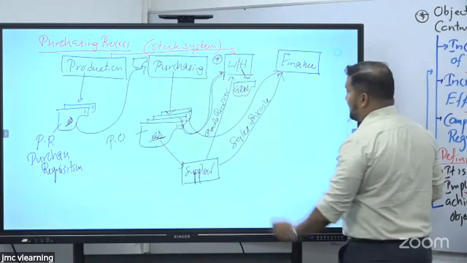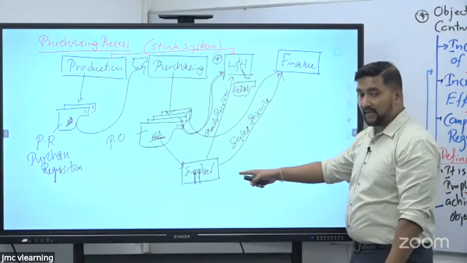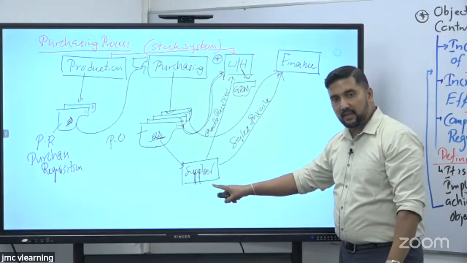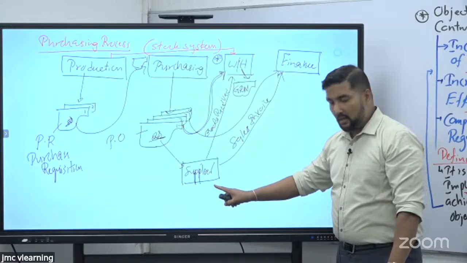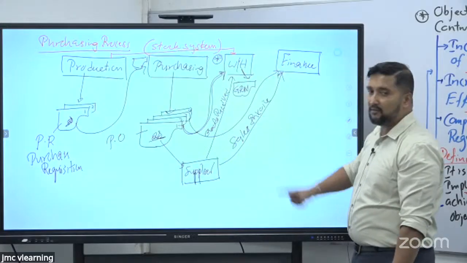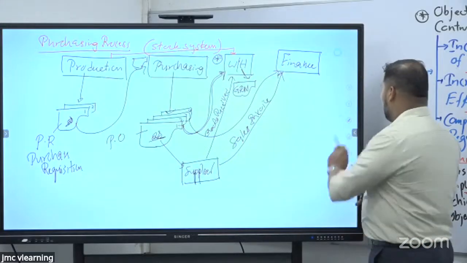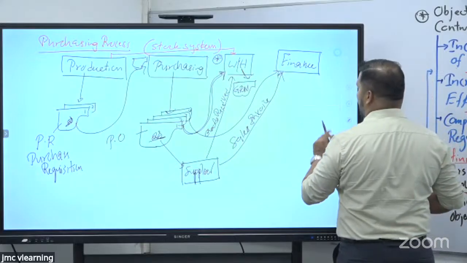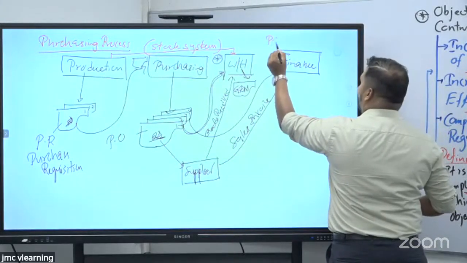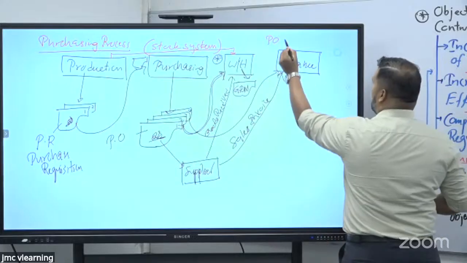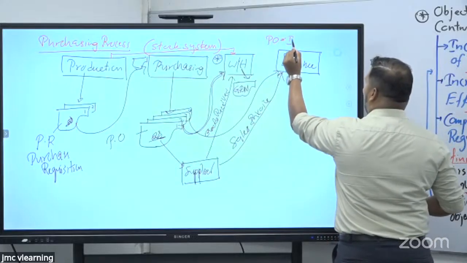We are receiving the sales invoice from the supplier. Because what is purchase from our side is sales from the supplier's side. So the supplier will hand over the sales invoice to us. Then the finance department person, who already has the PO in his hand, will be checking the PO with the invoice.